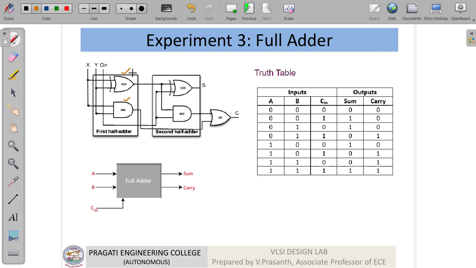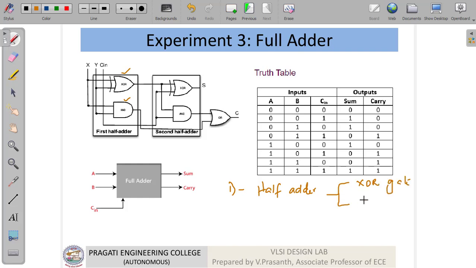So now, in order to design a full adder, first of all we will design a half adder. In order to design a half adder, we have to design an XOR gate.